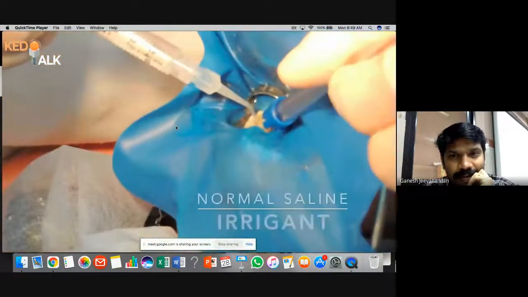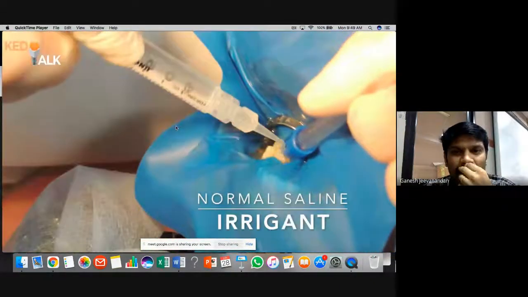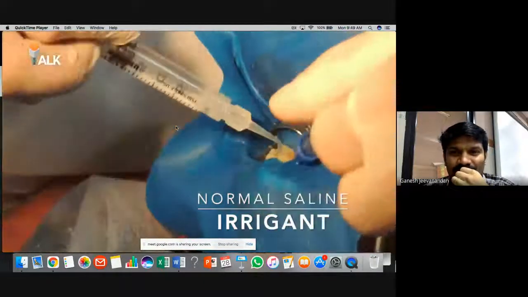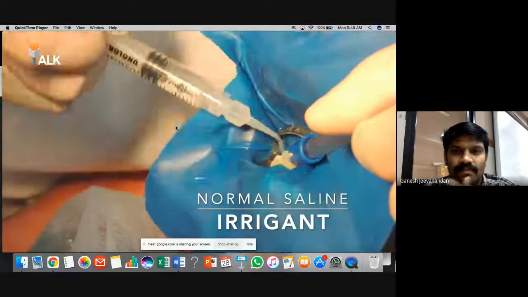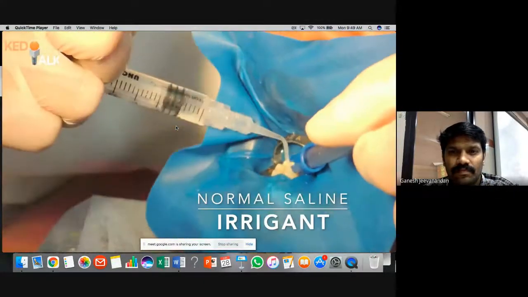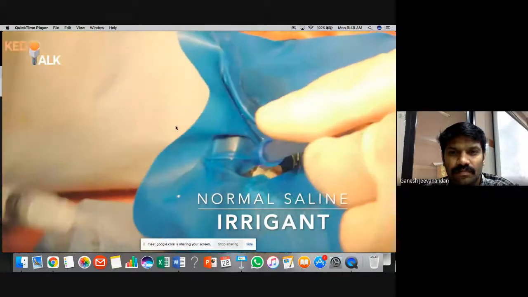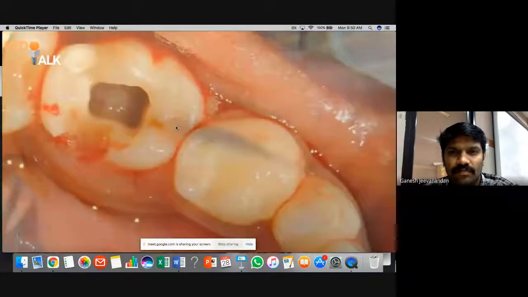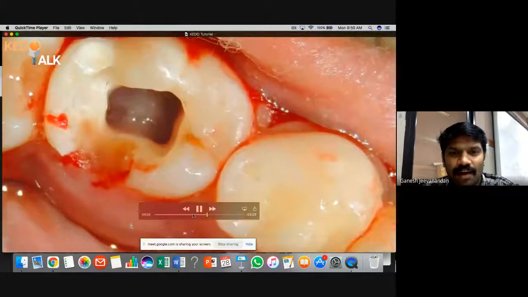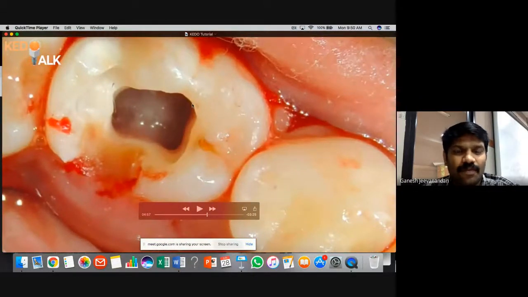See, again I'm irrigating the canals. Look at the canal, how clean it is. The mesiobuccal, mesiolingual and distal canal. Look how clean the canals are.